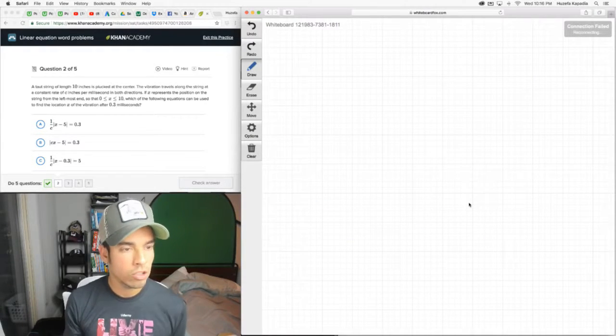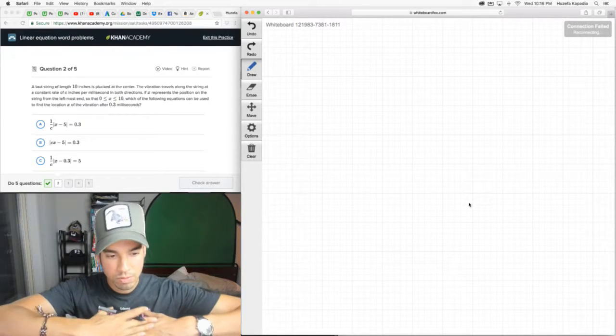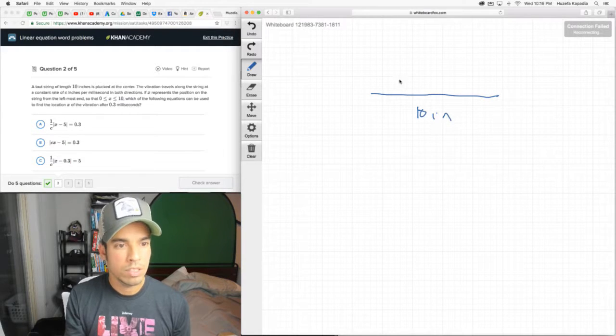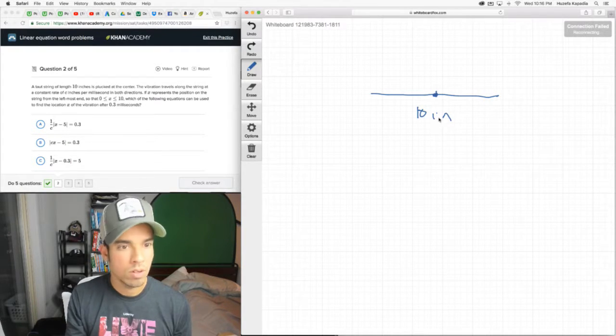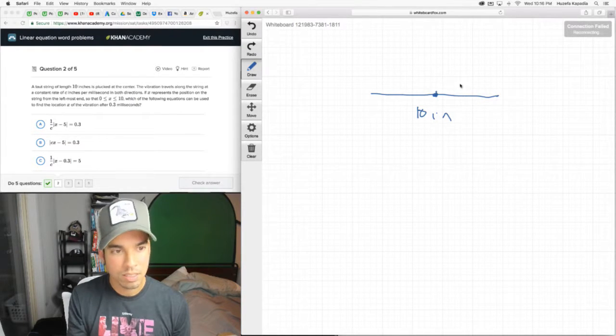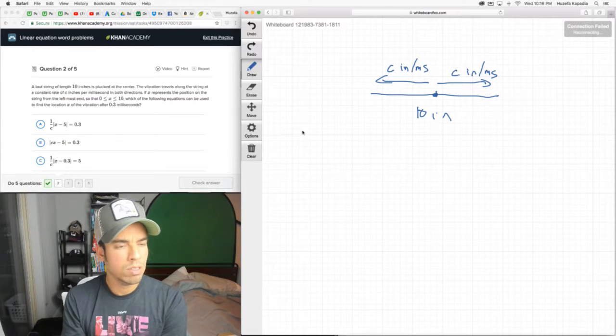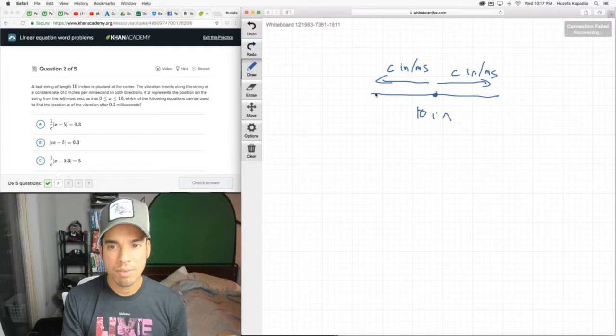All right, let's try this one. A taut string. Taut is a tightly held up string that's high tension. A taut string of length 10 inches is plucked at the center. The vibration travels along the string at a constant rate, c inches per millisecond, in both directions. I'm just going to say c per millisecond. Just making my little notes. If x represents the position on the string from the leftmost end,